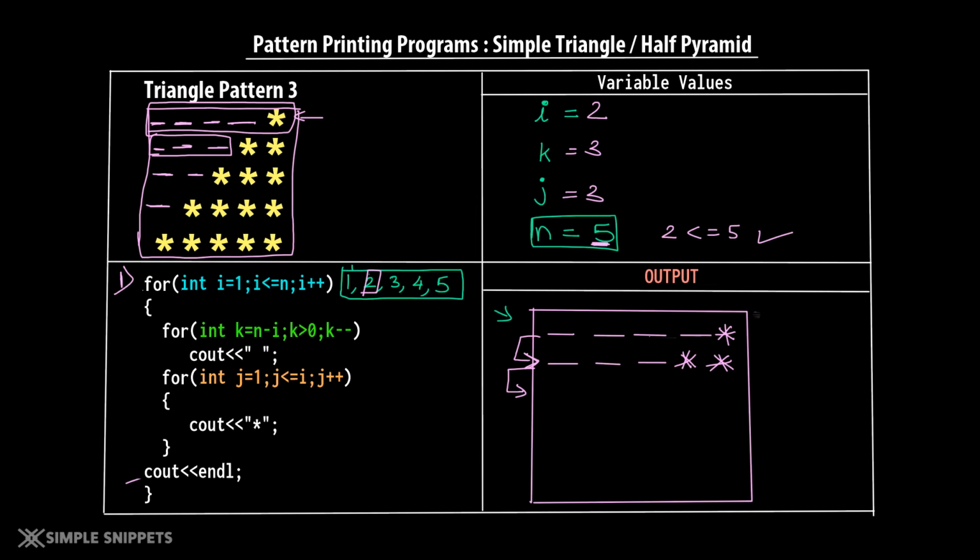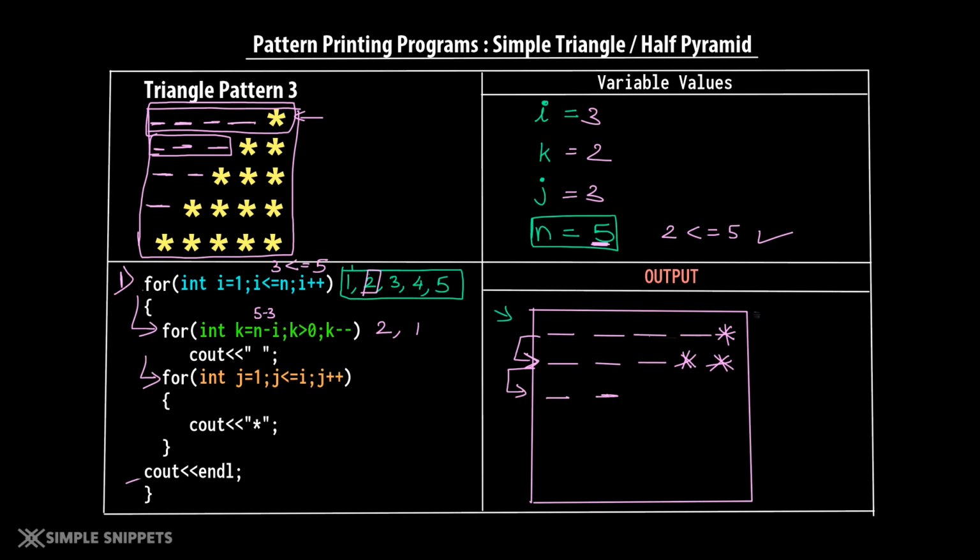But now what will happen is we will come at the start of the for loop. i will become 3 now, right? 3 is still less than equal to 5. So we will go inside. Then we will see int k equals to n minus 1. n is 5 and i has become 3. So 5 minus 3 is 2. So k will become 2. And when k becomes 2, we will run k for 2 times from 2 and 1. And 2 spaces will be printed. So 1 and 2 spaces on this line.